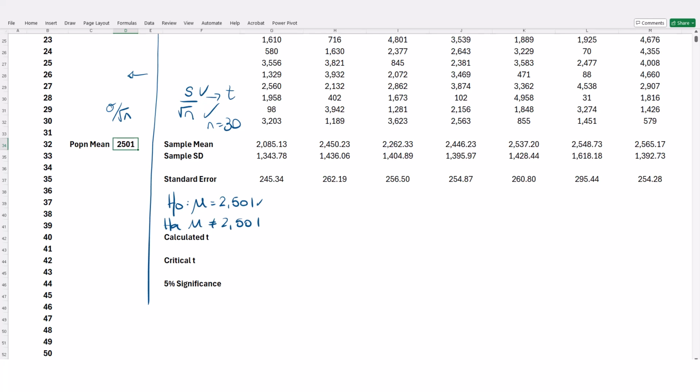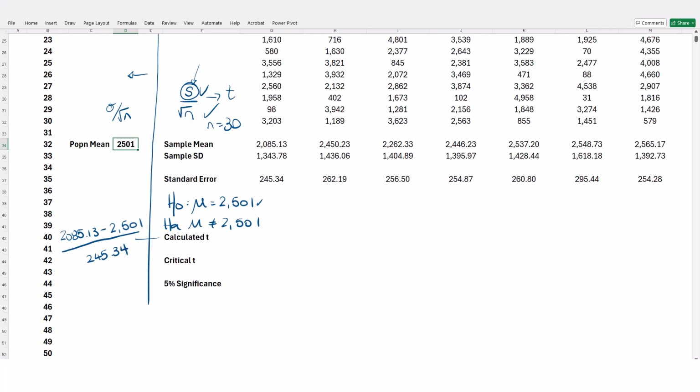To do that, because we calculated the standard error using S, the standard deviation of the sample, we are going to use a T distribution and hence a T-stat. To calculate the T-stat, we take our sample mean, so for our first one here, 2,085.13, and we knock off our null. The numerator just tells you how far away in absolute terms are you from the null. But without taking into account the dispersion, we can't say whether that's far enough away to reject the null or not. So we divide it